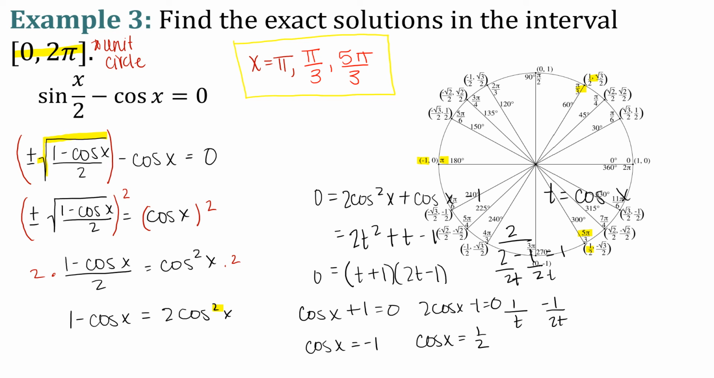So the solutions to this equation are pi over 3, and 5 pi over 3. So I'm pretty sure that's our last example. If it's not, then we'll keep going on. But if it is, then this concludes